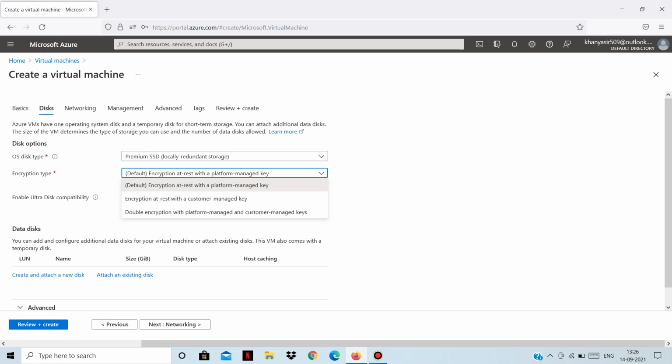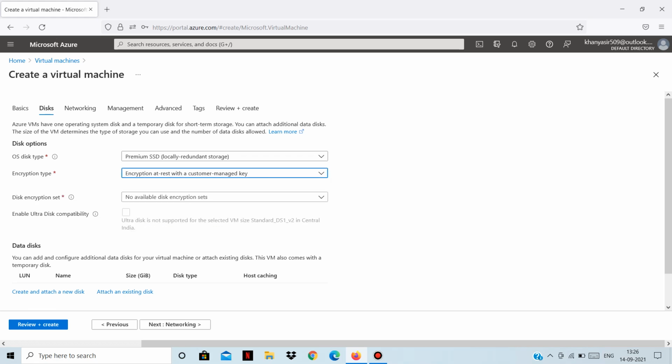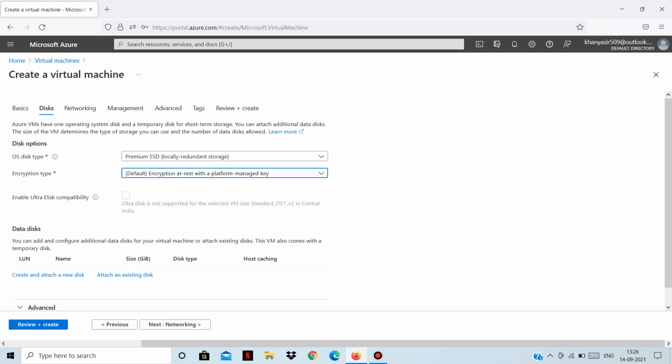It means whatever private and public keys are used to encrypt the data will be managed by the platform, by Azure only. We don't need to manage any key. Or if you have your own key, as a customer, you can provide those keys as well. Let's just leave it as default, managed by Azure.